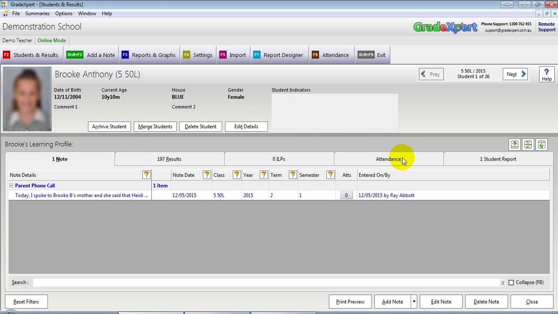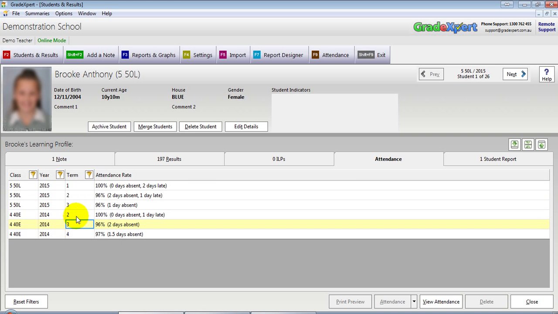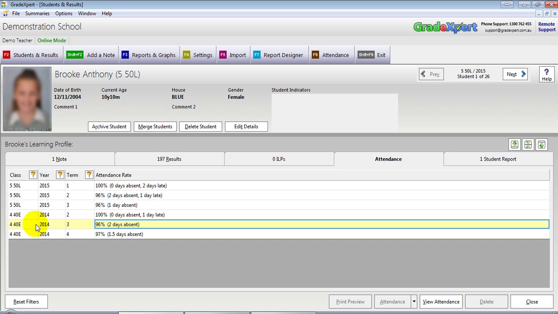And you can see over here we have a summary of all their attendance from 2014, term 2, 3 and 4, and 2015, term 1, 2 and 3, and that's on the attendance tab for each student. So for example, if we look at 2014 term 3, if I double click on that row, GradeXpert will load up